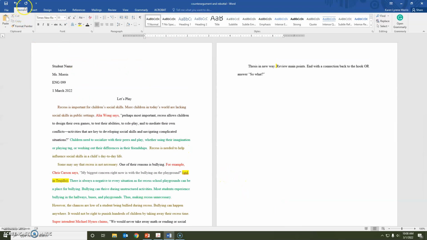Now to include page numbers, oh, notice my font changed to 11 point. So I'm going to hit Control